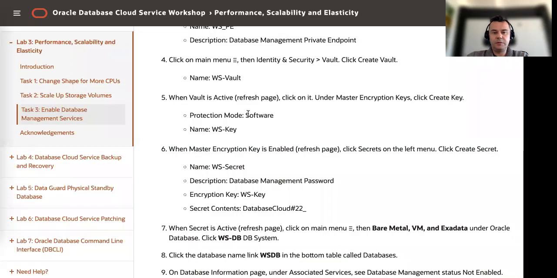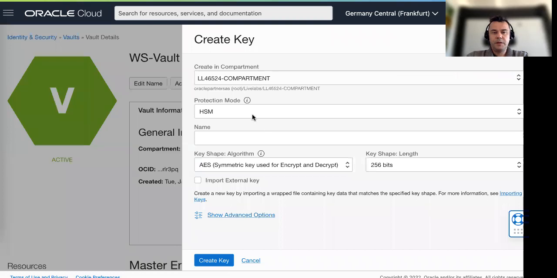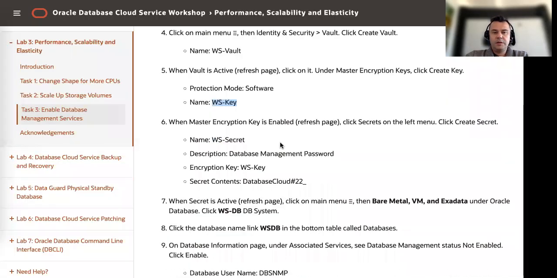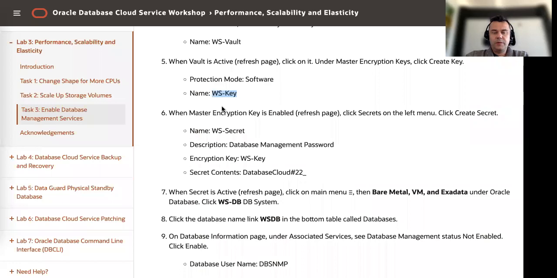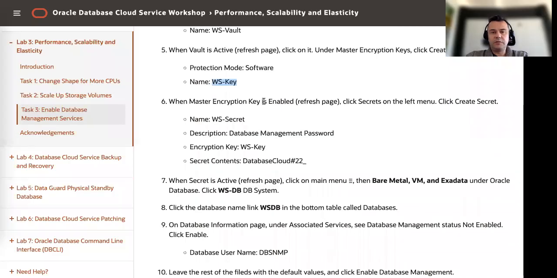I'm going to specify the protection mode software, and I'm going to call it workshop key. Protection mode software, workshop key, and create key. And when the key is enabled and created, of course,